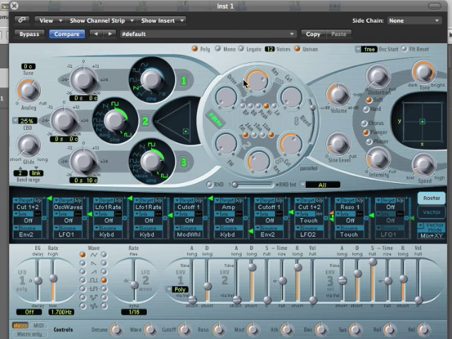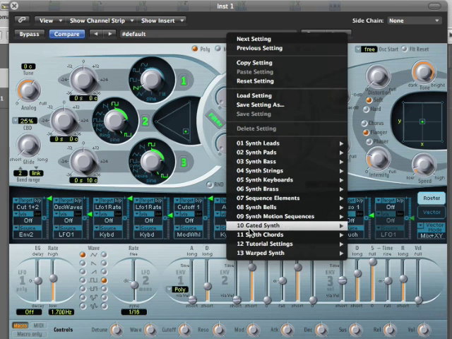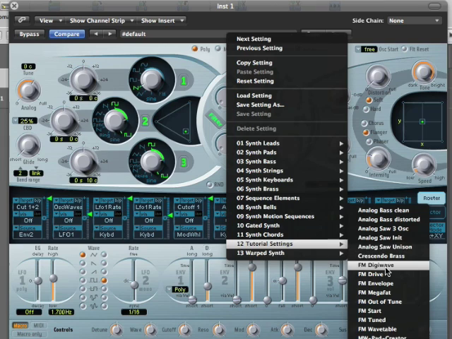Alright guys, here we go. So we're going to talk about the ES2, and we're going to talk primarily about the router and the vector area of the ES2. So in the ES2, let's start from tutorial settings, FM DigiWave,